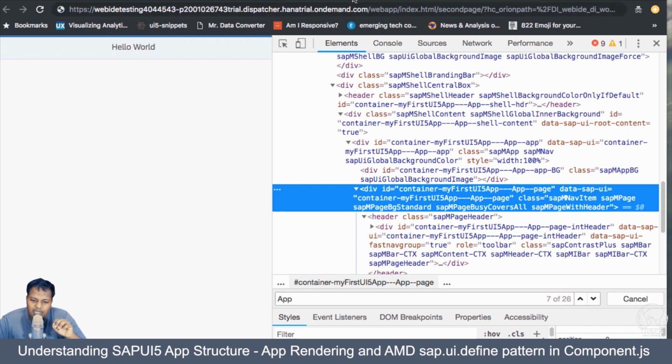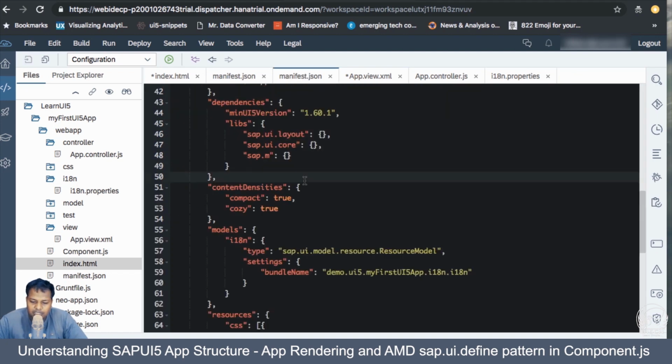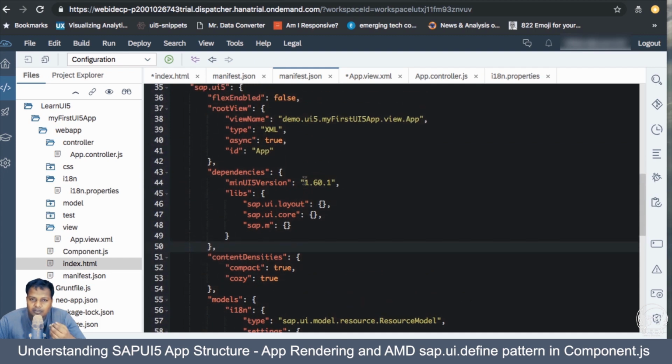So the UI5 library is basically going to convert all the views into their respective HTML, CSS, and JavaScript. And for now, what we have understood here is that manifest.json is the file which is responsible for initializing